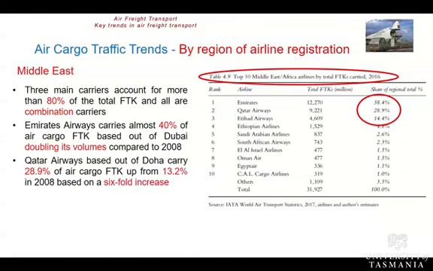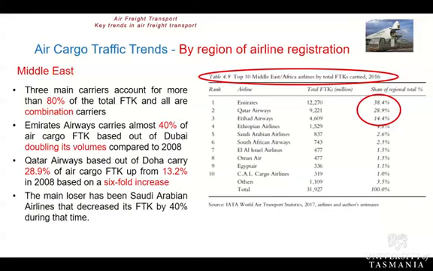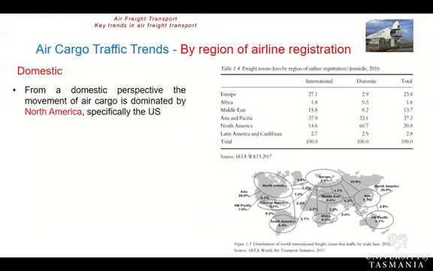However, probably the main star in that pack, if you like, is Qatar Airways, operating out of Doha, similar region. They're up almost 30% at the moment, so their share is 30%, and this is up from 13% only 6 or 8 years ago. The main loser in the mix of the countries that we've got there is Saudi Arabian Airlines. They're down about 40% over that similar sort of period, that last 6 or 8 years.